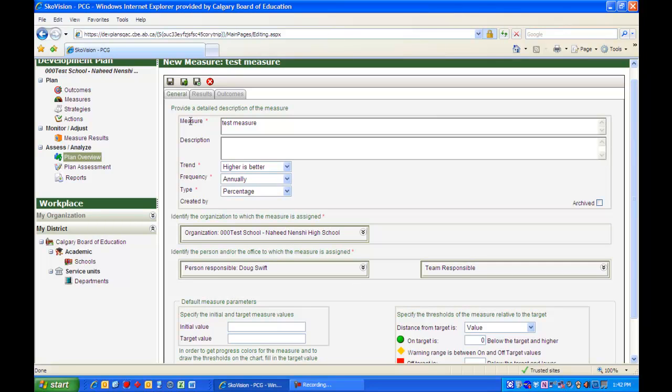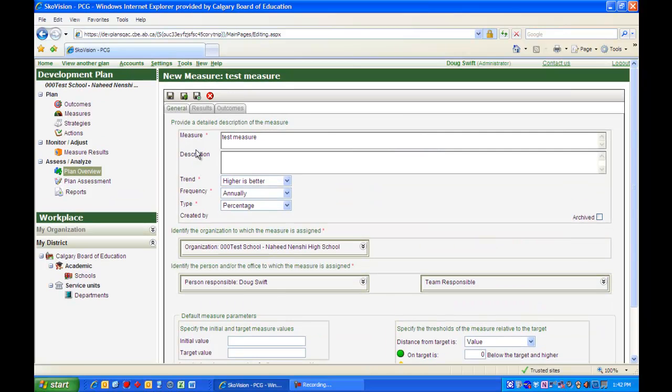What we're going to do at this point is save the measure. And up in the top here again, and you may have to scroll up and down if it disappears, you can see different choices. Save. There's a save and close. There's a save and new if you happen to be creating many measures at once, or there's also a close cancel. Until we've saved it, we certainly don't want to close, or we may lose some information if we do that. At this point, I'm just going to click Save, because there is one other thing that we'll need to do,